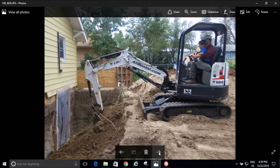So you could see that, one day I finished, well, probably 2 days. I rented the excavator for the weekend or whatever, and then in 2 days I finished digging all this out with the excavator. This is how I kept the bugs and the rats and everything from getting in our house